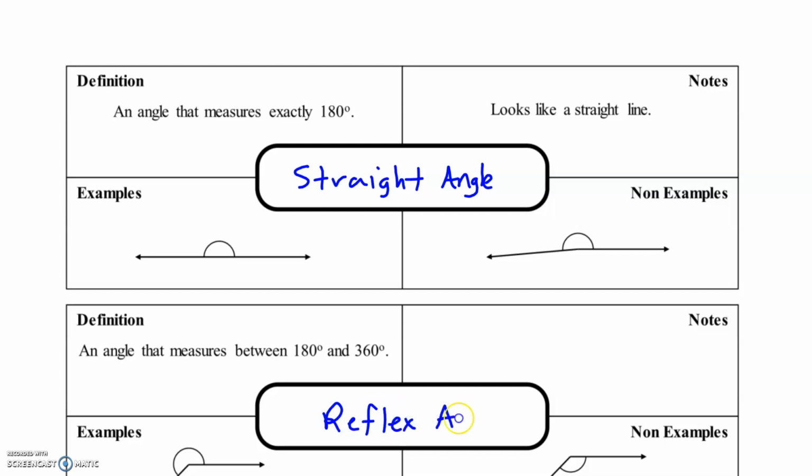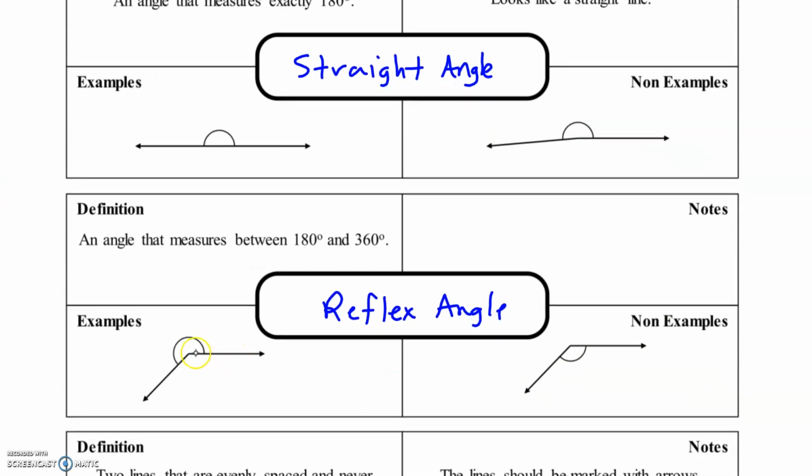If we look at the diagram for the reflex angle, you can see this is our initial arm, and the angle goes all the way to 180 and then past it. So it's in the third quadrant. If you were to think of a scale here, it goes all the way into that third quadrant. Okay, and the last